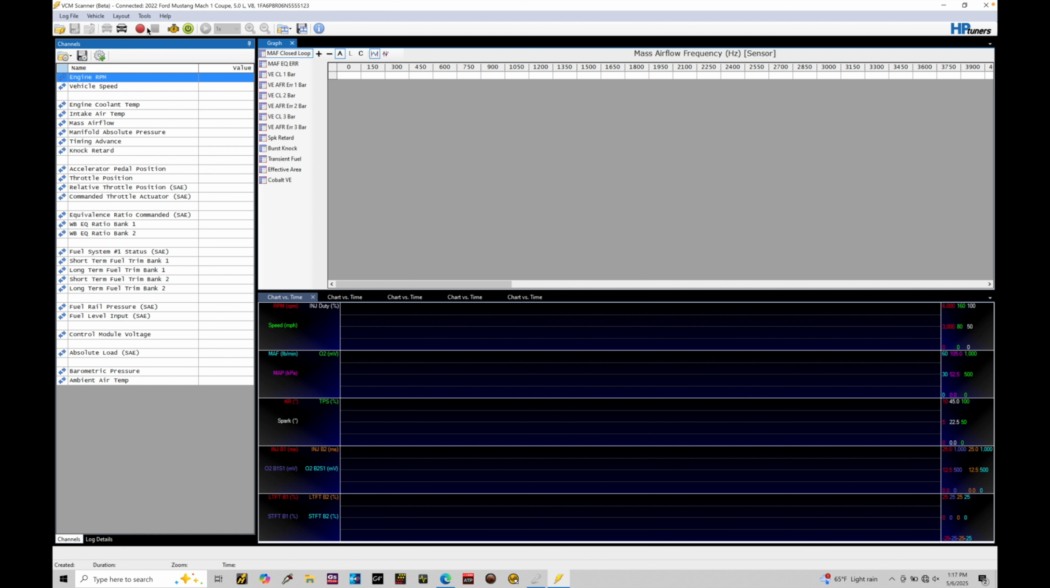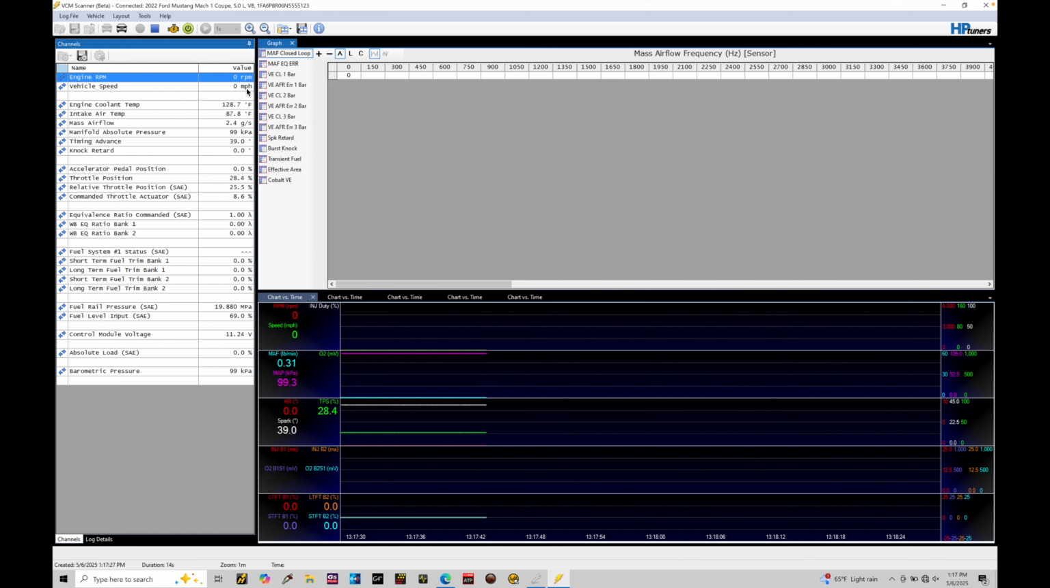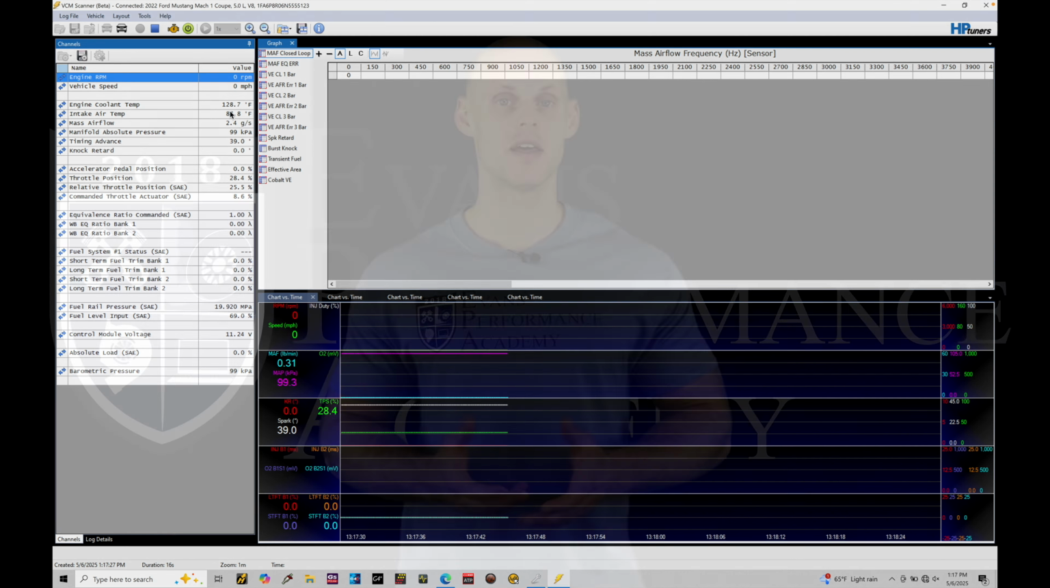So now if I click the record button up top here, we're going to see where we'll start scanning. It's going to start to show me channels that populate in my PID logging list. So taking a look at this, engine RPM is 0, vehicle speed is 0. So the engine's not running, we're not moving. We're going to see those channels don't populate any information. But if we take a look at engine coolant temperature, for example, we're seeing that